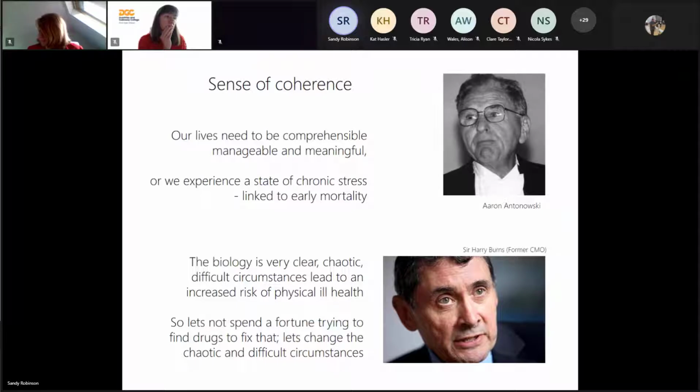But we know that there are issues within the built and natural environment which can increase chronic stress, and that's linked to early mortality. And Sir Harry Burns, who's the former Chief Medical Officer at Scottish Government, now Chair of Global Public Health, he took that work forward too, and he was keen to show that the biology of this is absolutely clear, and it's time to start acting on the evidence around that to fix chaotic and difficult circumstances